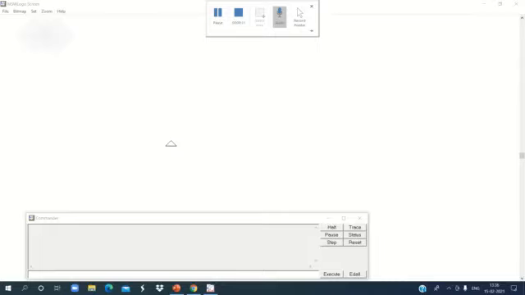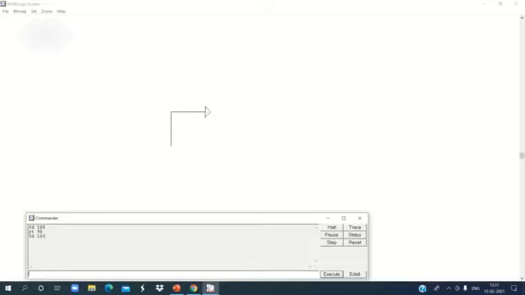Yes, I have to type FD 100, then RT 90. Again FD 100, then RT 90. Again FD 100, RT 90, then once again FD 100, RT 90. Did you notice here FD 100 and RT 90 repeat 4 times?